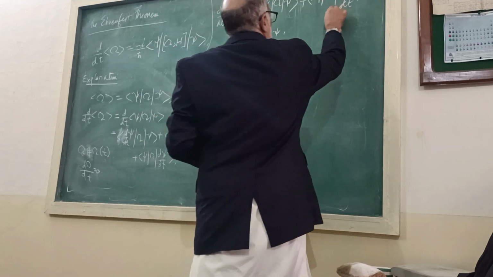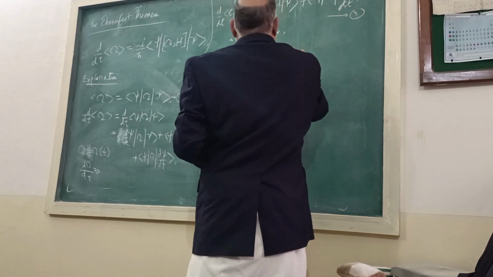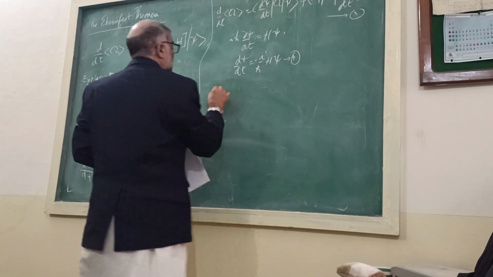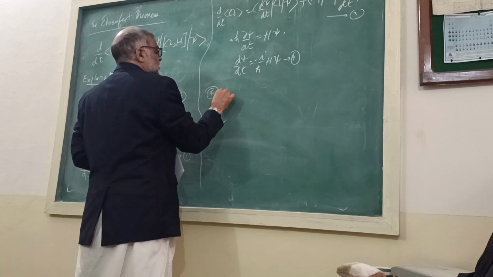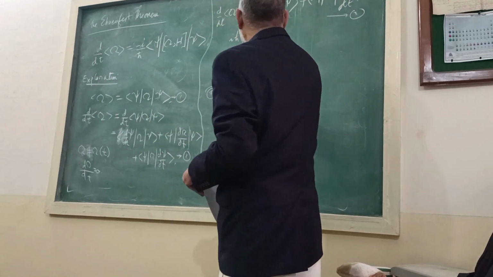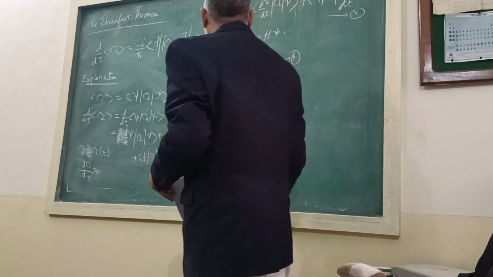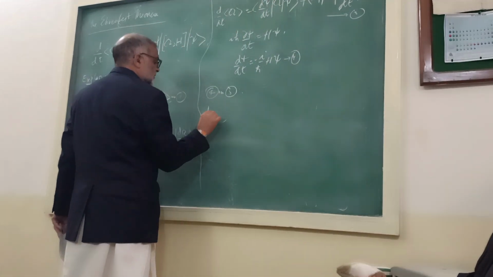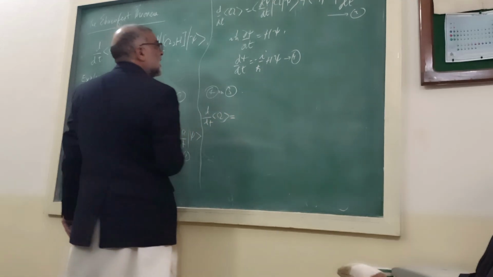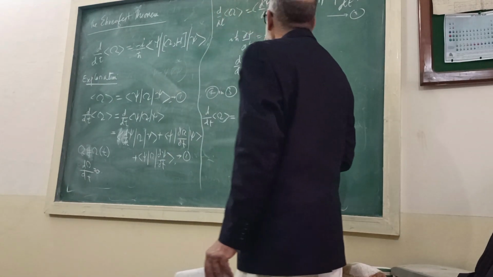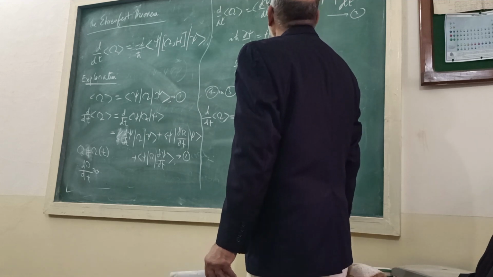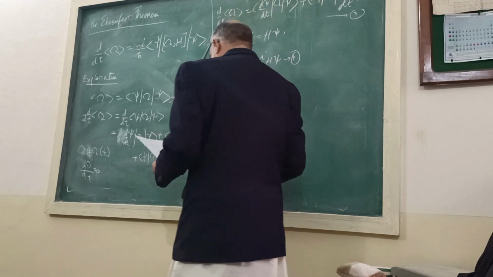That is equation number 4, and the earlier one is 3. Putting 4 in 3, d by dt of the expectation value of omega equals